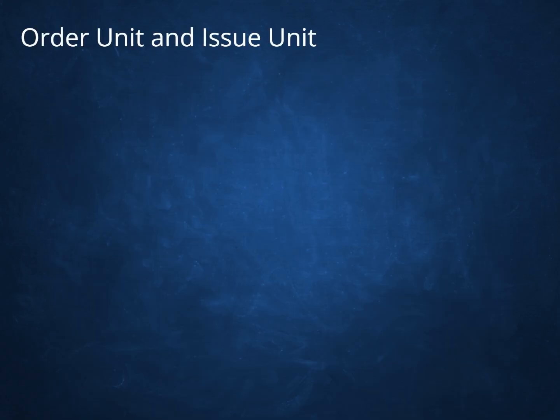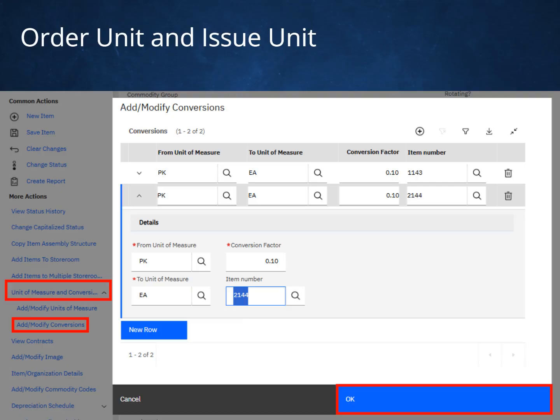Order unit and issue unit. The order unit and issue unit should be filled out. If they are different, you will need to enter in a conversion. 1. Click Add Modify Conversions option on the left navigation panel. You will need to click the plus sign to add a row. 2. Enter in the from unit of measure, the to unit of measure, and the item number. 3. Determine the conversion factor. For example, if you were to purchase items in a 10-pack, but issue them as each, your conversion factor would